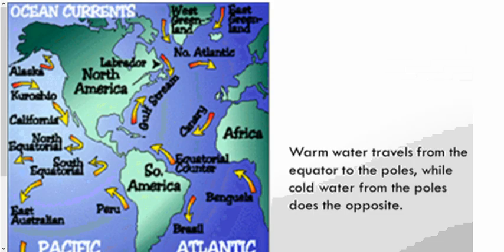So we can see that warm water from the equator is going to travel north to the poles in the northern hemisphere and south in the southern hemisphere. And cold water is going to travel southwards. Now this is part of a really important thing, because not only are these rivers flowing north and south, but